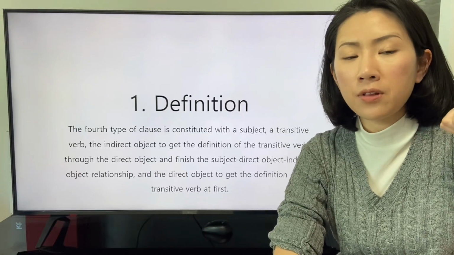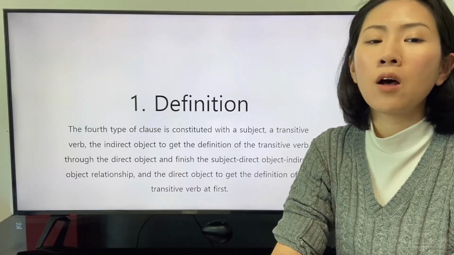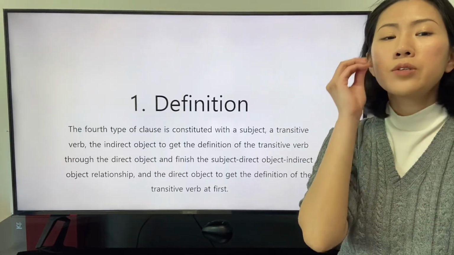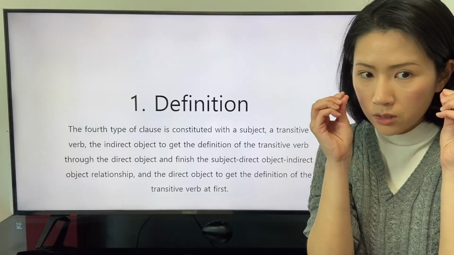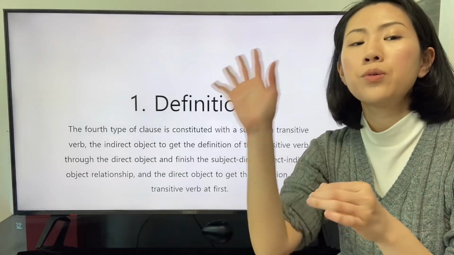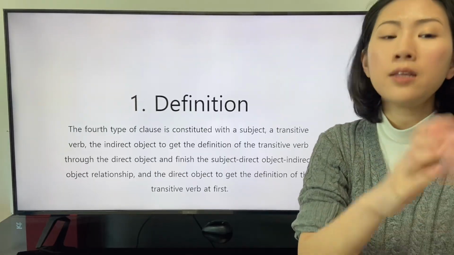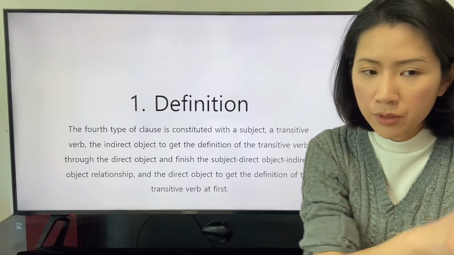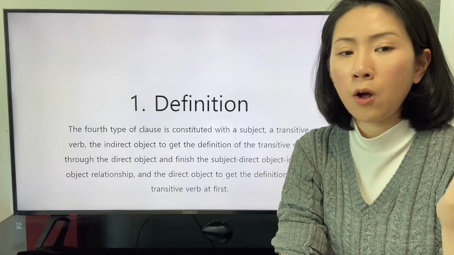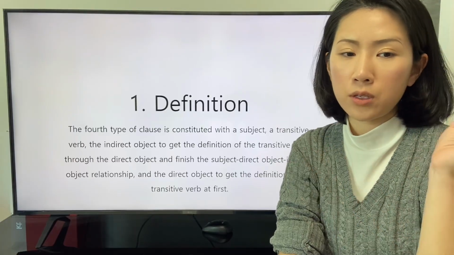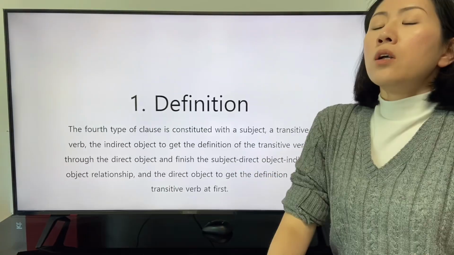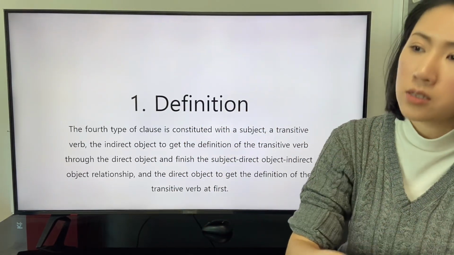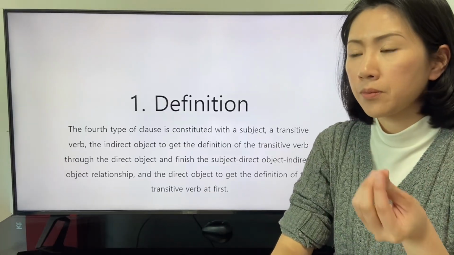The first type of clause is constituted with a subject, a transitive verb, the indirect object, and the direct object. To get the definition of the transitive verb through the direct object, and finish the subject, direct object, indirect object relationship, the direct object gets the definition of the transitive verb at first. The reason why the indirect and direct are applied is